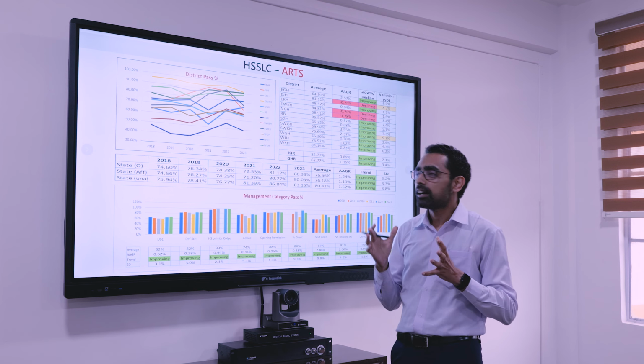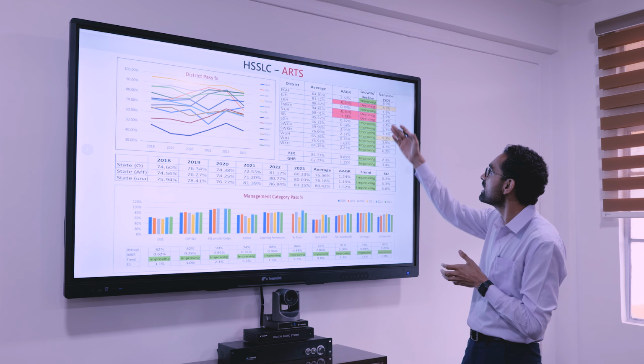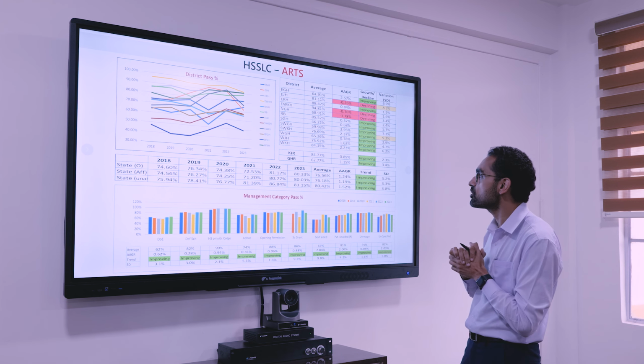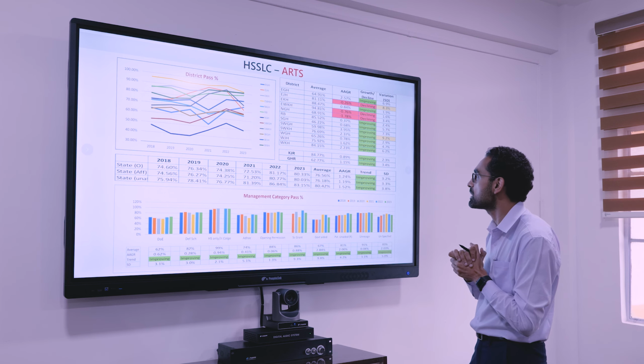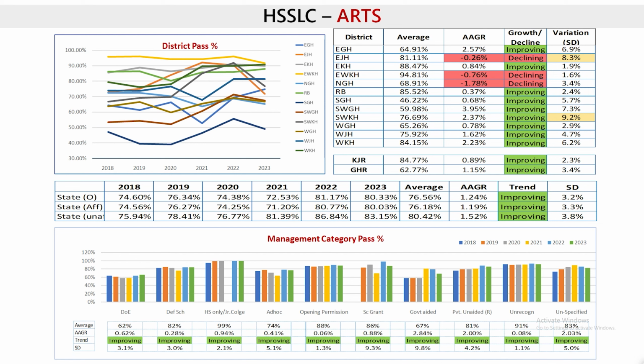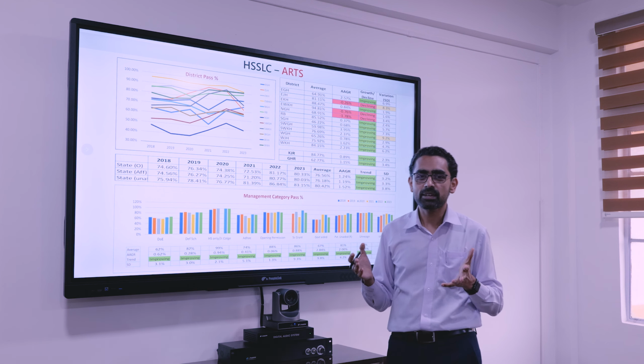Now coming to the arts stream. Now, if you see the district-wise variation, of course, overall we have an 80% pass percentage, which is not bad. But as I said, the target for pass percentage should be 100, because this is the first step, pass